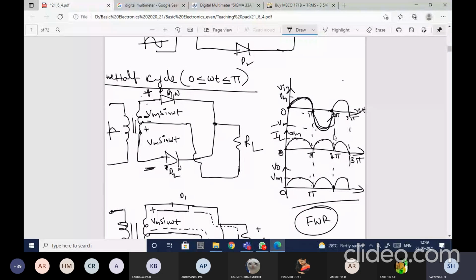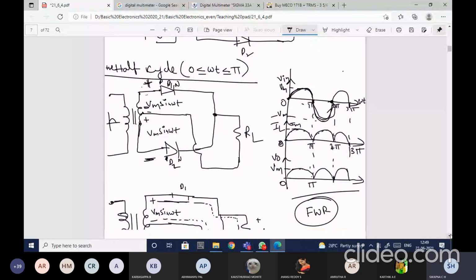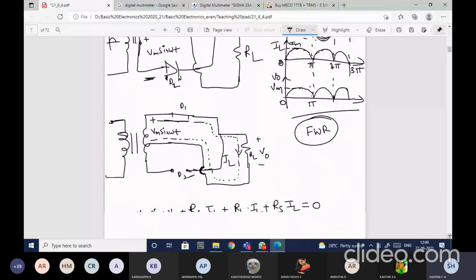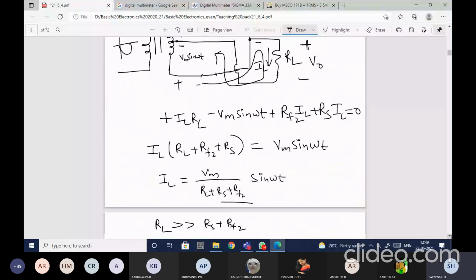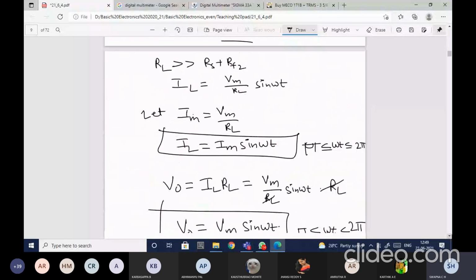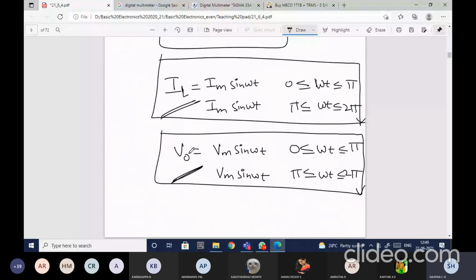So whatever derivations we have done for your half wave rectifier, the same thing we need to do for this full wave rectifier as well. But the only difference is, if you just take the equation, the output equations are varying. Accordingly we need to find all the parameters. So that's what this is all related to your half wave rectifier and the full wave rectifier. If anybody has got any doubts anywhere, let me know.